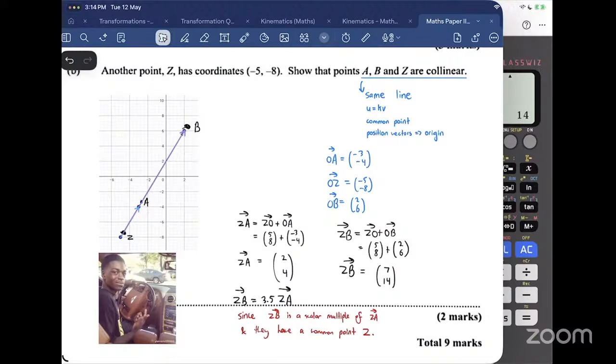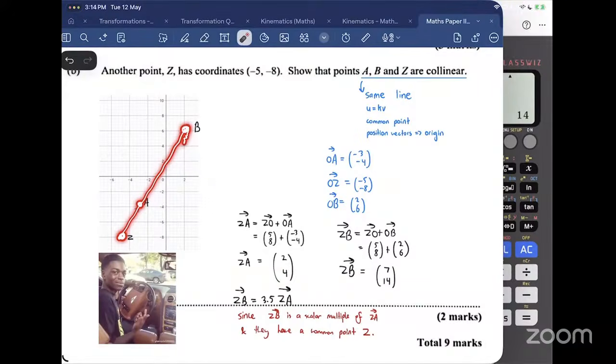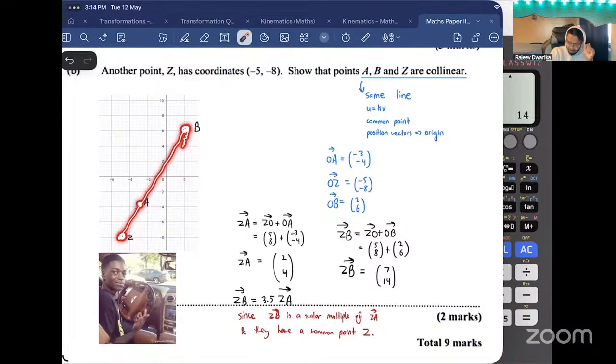Okay, I'll explain it one more time. My advice is do a little sketch, guys. So I put on point Z, point A, and point B. You realize that they are collinear because they're literally on the same what? Line. Same line. So if we want to prove it's collinear, we need to prove that I can write